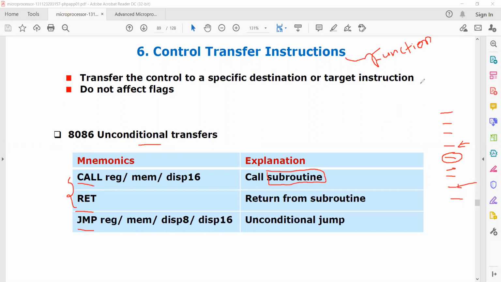So whenever I require the multiplication operation, I just call that multiplication function. After calling that, the multiplication operation is performed. I'll get the result of multiplication, and I'll return from that operation.